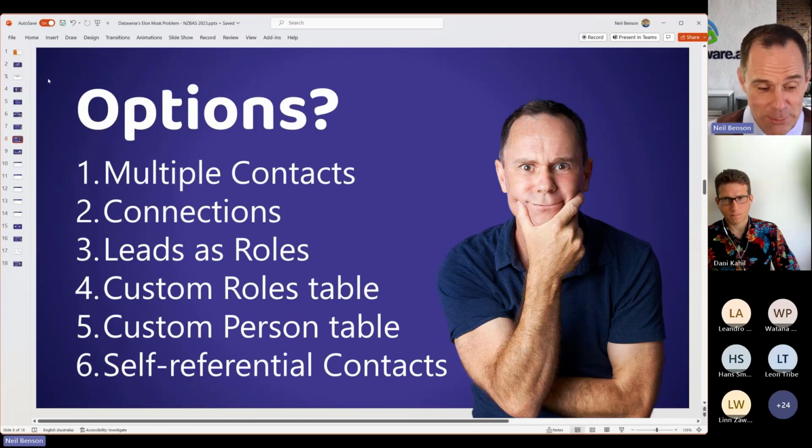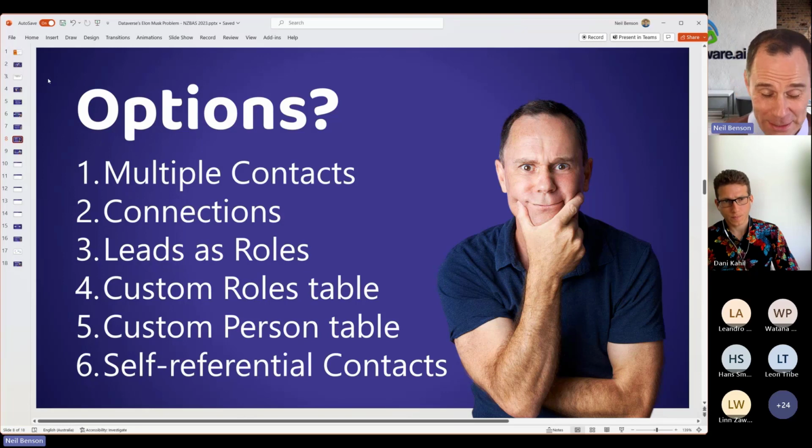It's just to say, hey, look, it's okay. We're going to treat Elon Musk like a business card, not as a person, and we're going to live with duplicate contacts that are all called Elon Musk. That's a really simple way of getting out of it. It kind of goes against the grain of some users who just want to shrink everything down to a single Elon Musk contact record. But if you redefine contacts as business cards, perhaps your users could live with it.